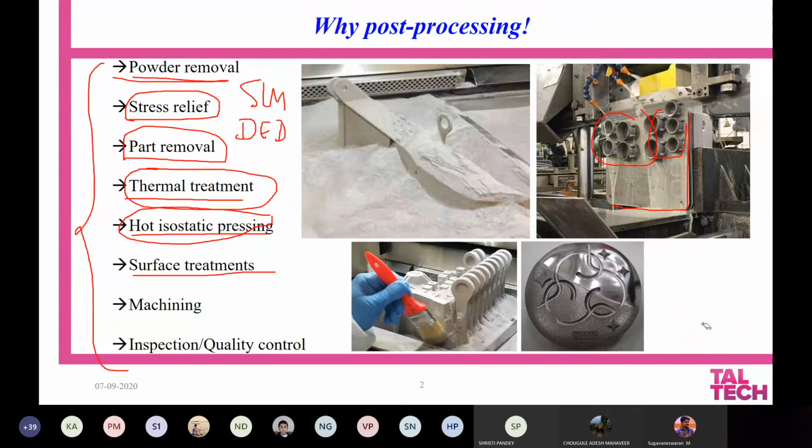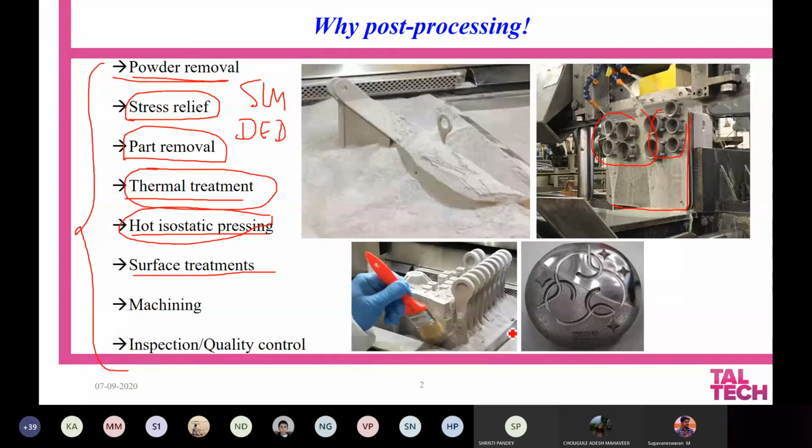And one other mechanical way is machining. Machining might also be needed in cases like certain sintering processes where you have given some allowances for the shrinkage, some allowances for distortion and so on. In those cases, you need to definitely undergo some machining operation to take care of these allowances so as to use the material in service. We need to remove the allowances, so you need some kind of machining.